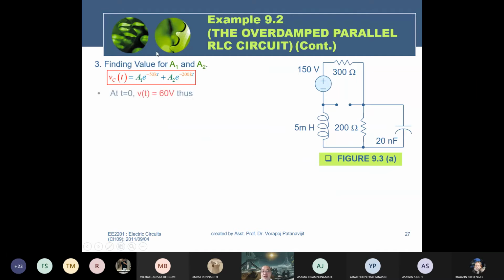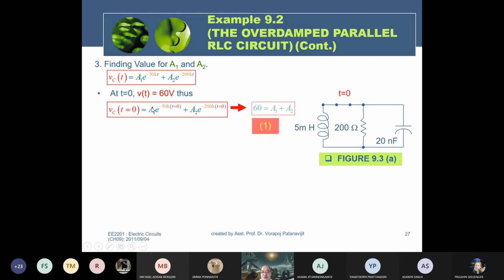After that, you would like to determine A1 and A2 by the initial conditions. In this case, V at time 0 equals 60 volts. 0 multiplied by anything gives you 0, and anything to the power 0 gives you 1. You can get the first equation: A1 plus A2 equals 60. Next equation,